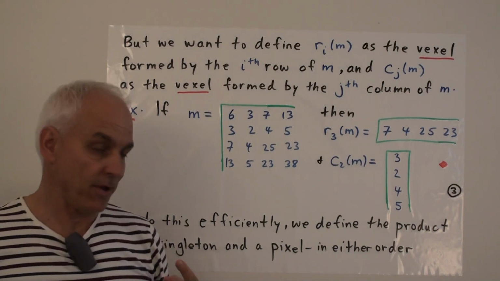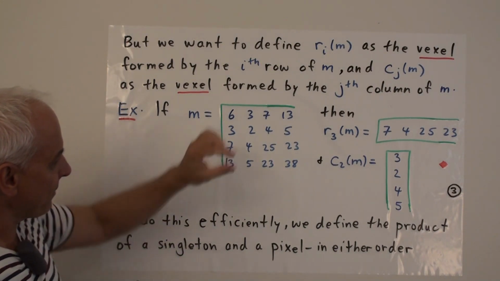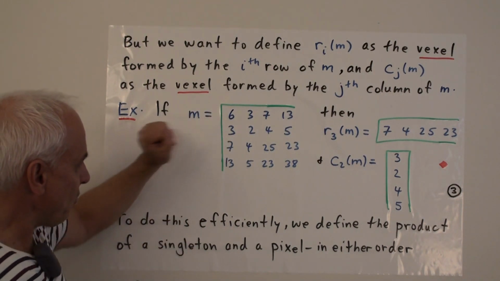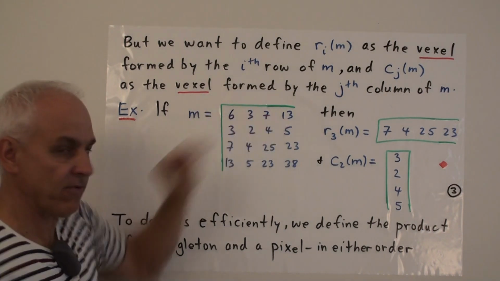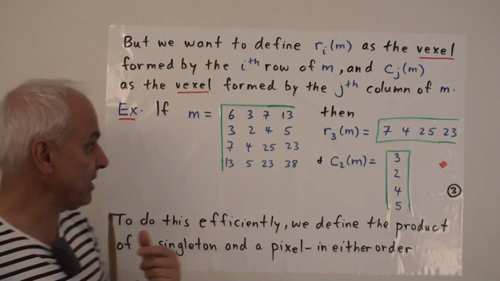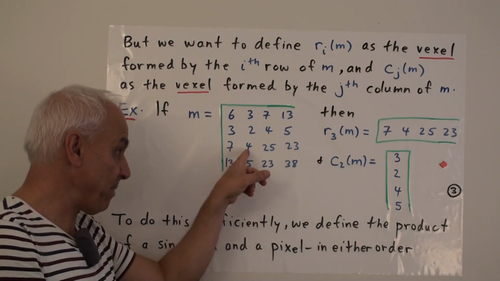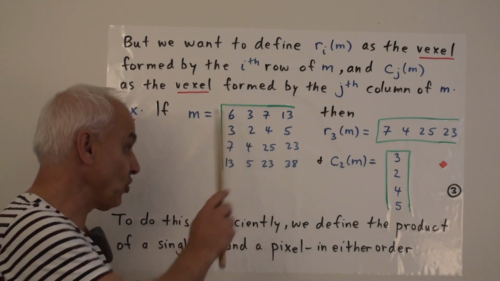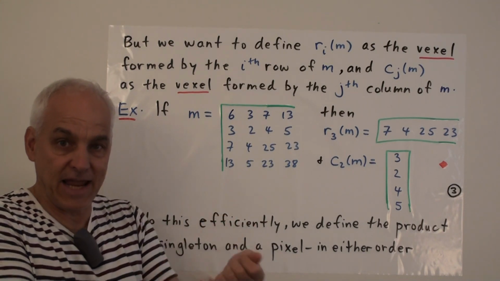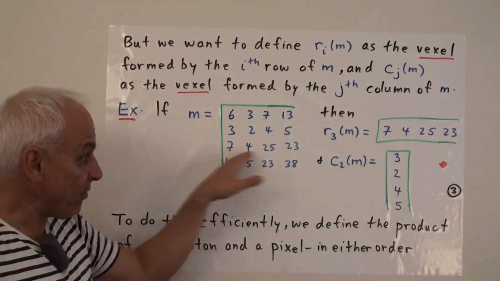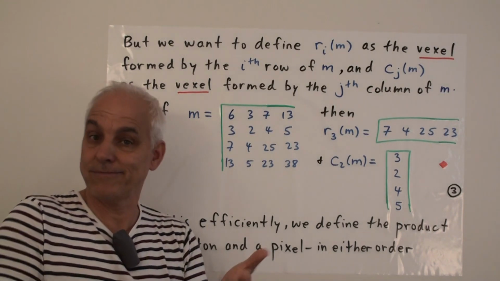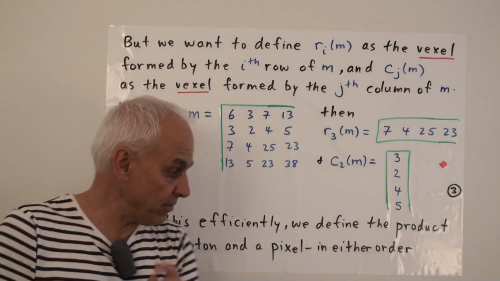Okay, so why would we want to do this? Well, it's because we want to look at the interaction between, say, rows of a given maxil. We might want to add this row to that row. But we don't want to do this at the level of pixels, because then we have to keep them separate. This 4 represents a certain number of pixels of the kind 2, 3. This 2 represents a certain number of pixels of the kind 2, 2. We can't add those without things just staying separate. But when we replace these things with one-dimensional vexils, then we are in a position of doing the usual arithmetic with vexils. That's what we want to do.